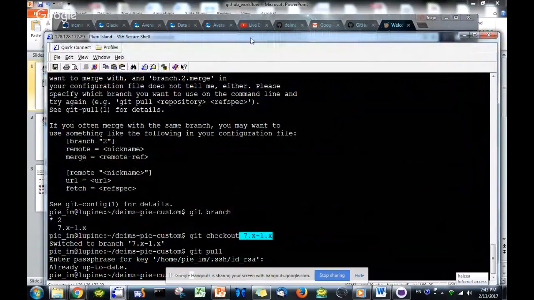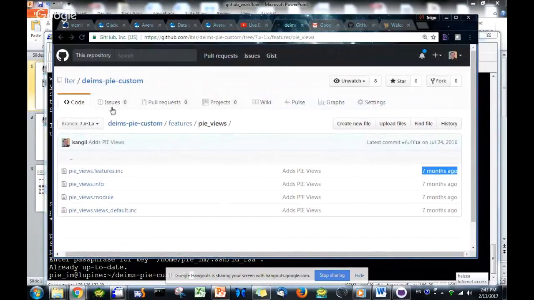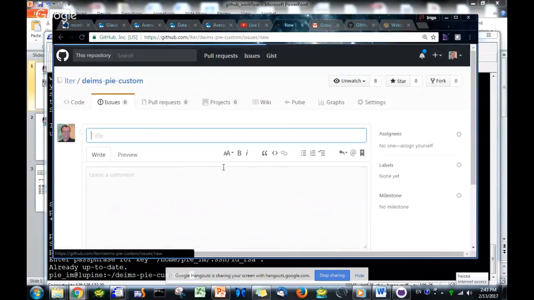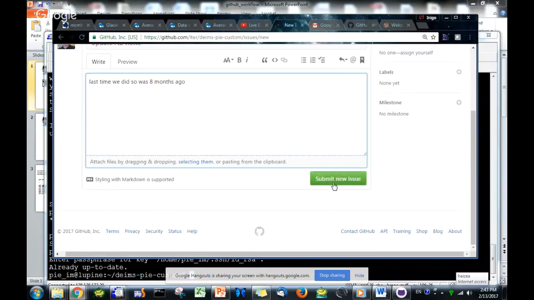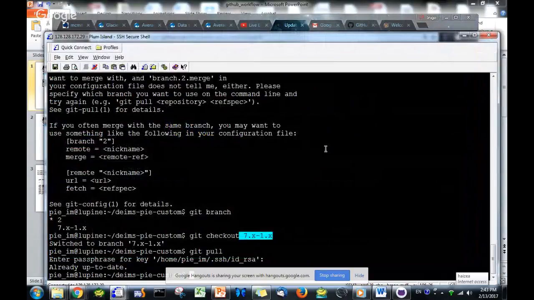So one of the things I can do is go to the repo in GitHub, and open an issue. I'm going to show you the workflow because I think it's best. Update views. Last time we did so once 8 months ago. So this is my issue. This is going to create an issue that is going to have a number. It's going to be number 6. And I'm going to use that to create a new